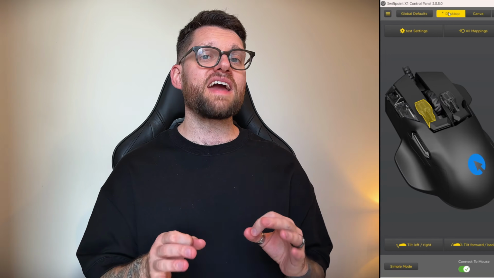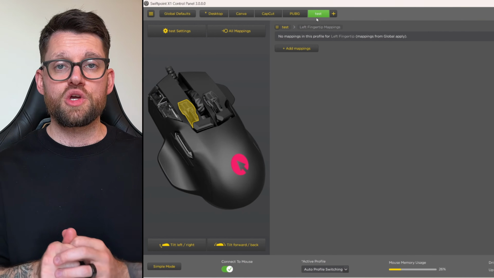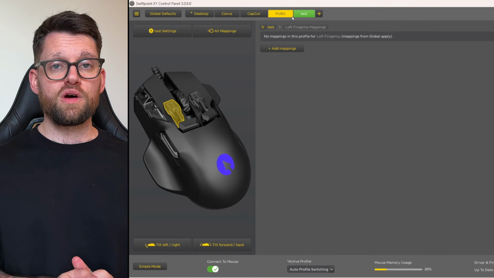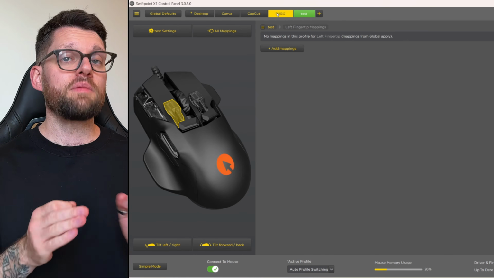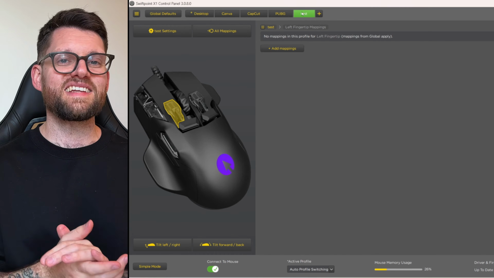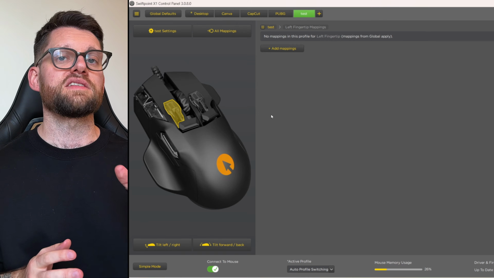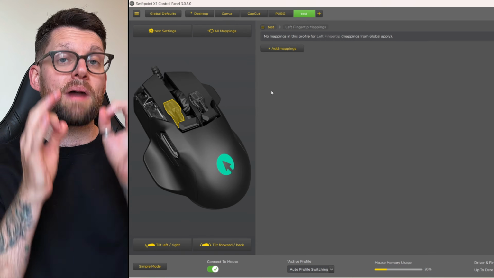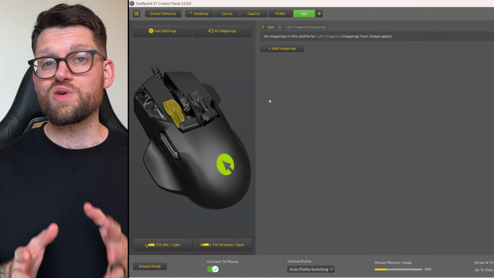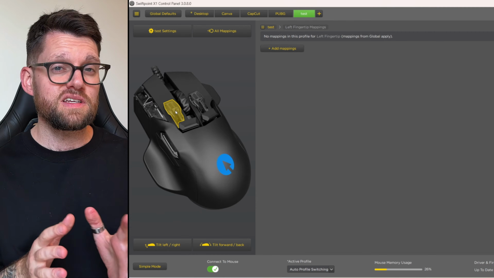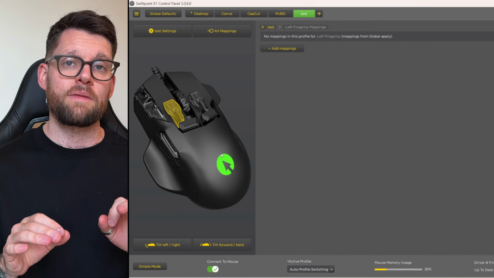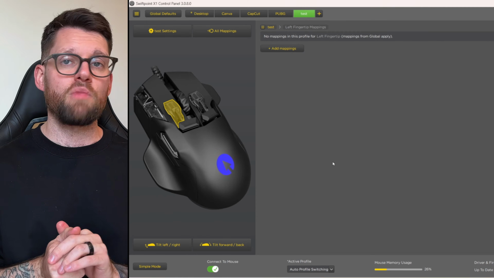At the top of expert mode, you will see the profiles that you have already created back inside of simple mode. Simply select the profile that you wish to add the auto clicker to. I'm going to create the auto clicker inside of my test profile. Once you've selected the profile, it is now time to select the button that you want to add the auto clicker to. For this example, I'm going to be using my left fingertip button, and as you can see, my left fingertip button inside of my test profile is completely clean. So clean canvas, ready for me to add my auto clicker to.